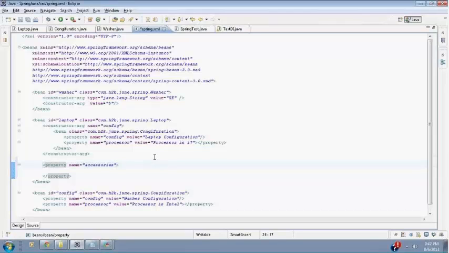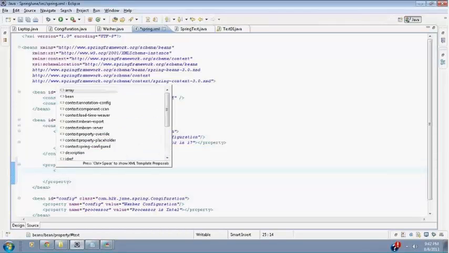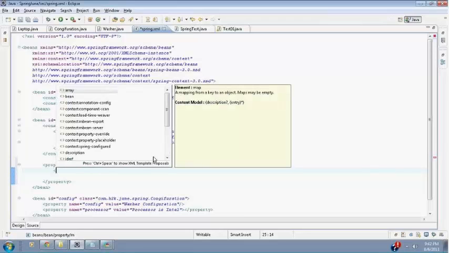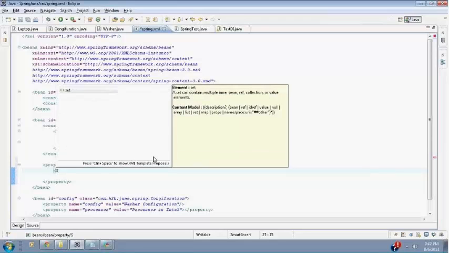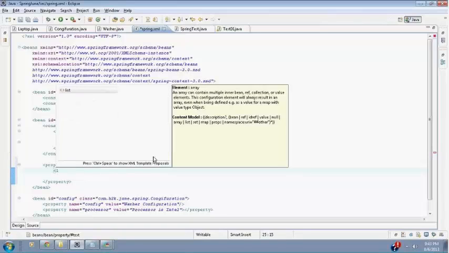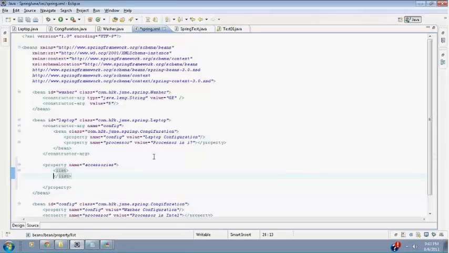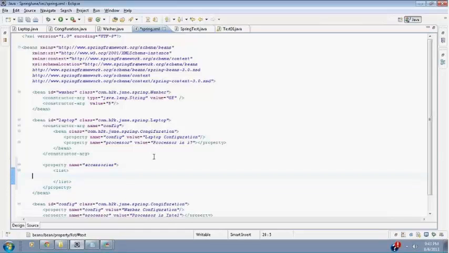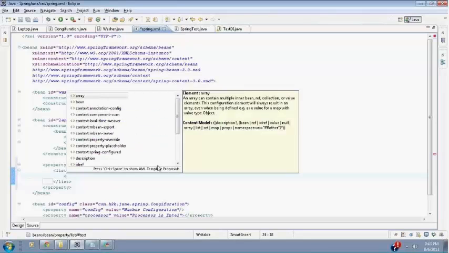Let me show that. There is an element called list. You will have similar elements for map. You will have similar elements for set. And you know the use cases when you should use set, when you should use list. You should be very clear about it. If you still have questions, let me know. And now within this list, remember that we are writing within this list, you have either